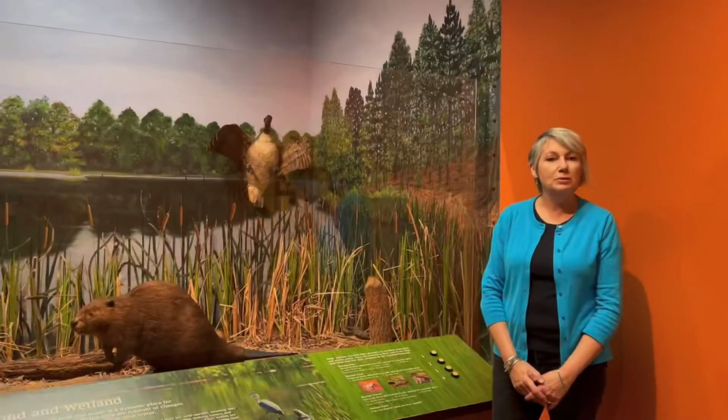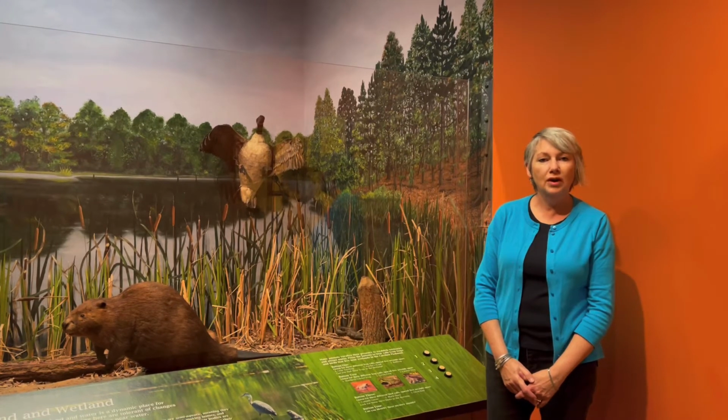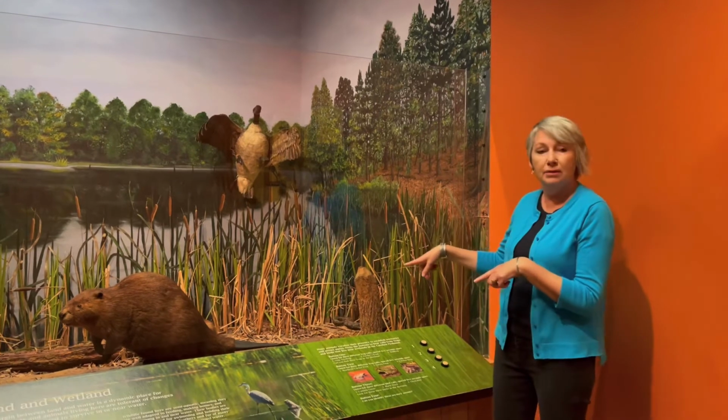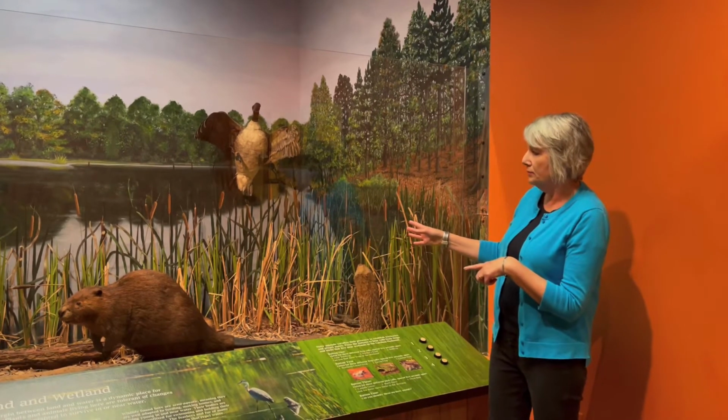So we have a couple of different ways that we can share our collection with you here at the museum. One way is to set up a diorama. So this right here is a diorama. It's a wetland diorama. When you come, I want you to think of the dioramas as a story, because just